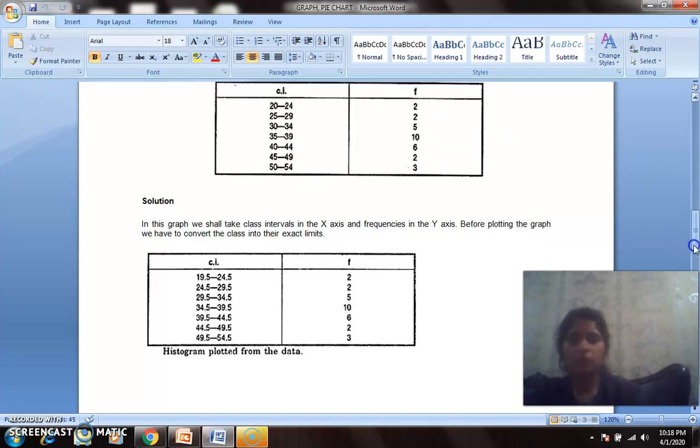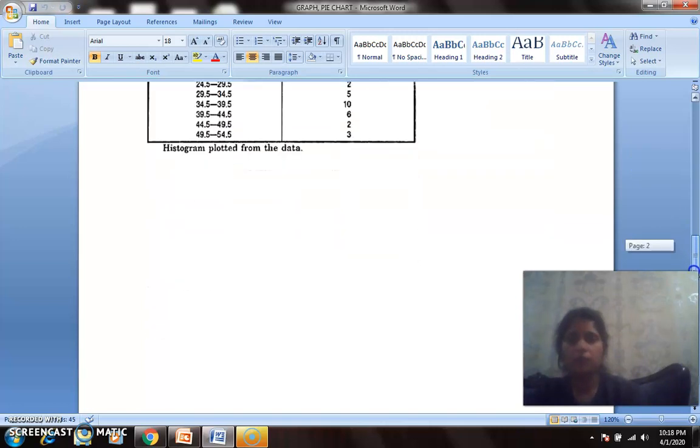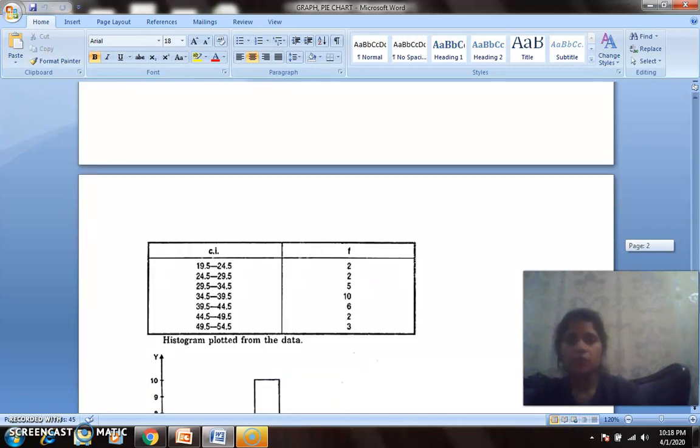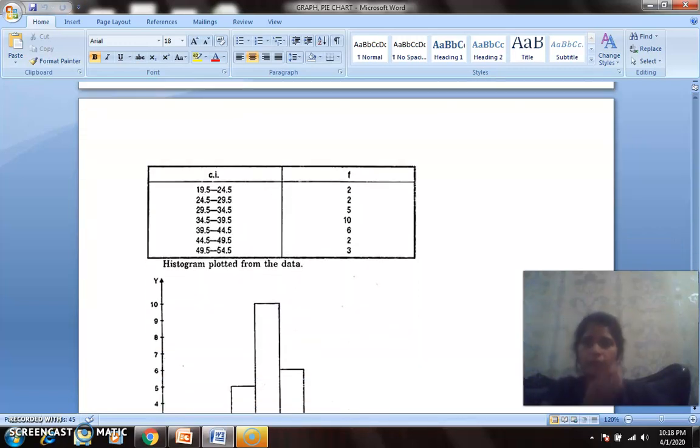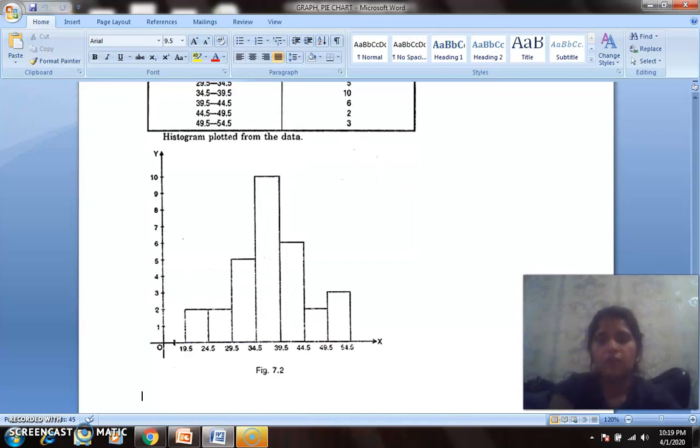And now just have a look and listen very carefully. Now we will put the values on the histogram. Just see how we are going to put the values on the histogram in this way. So we are not going to draw the histogram now. The rest of the things we will discuss tomorrow, students. Advantages of histograms are left, so that we will see tomorrow. So you just see this example.